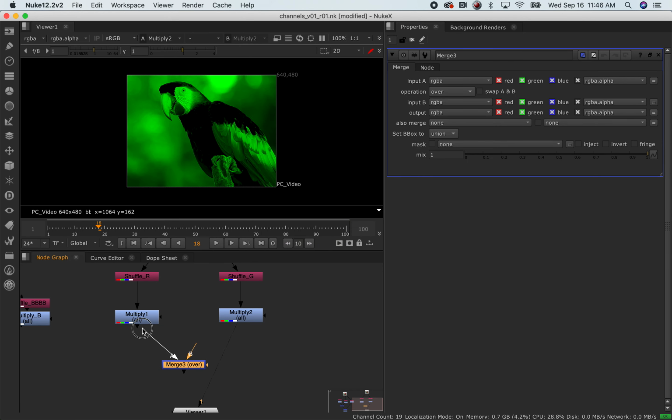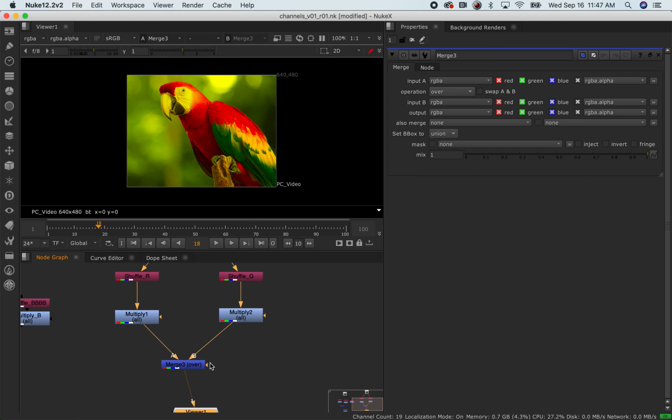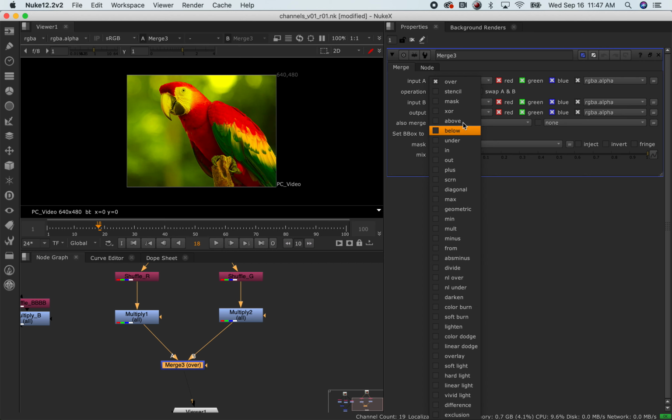And what you can do is connect it like this. The order of operations is A over B. And I'm going to set the operation to, it's already defaulting to plus, but for the sake of demonstration, I will set this to